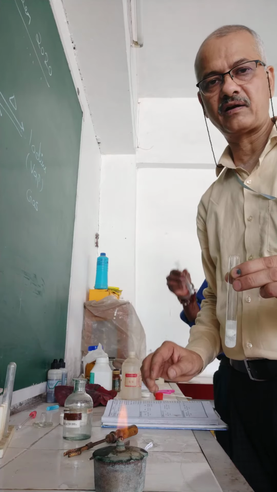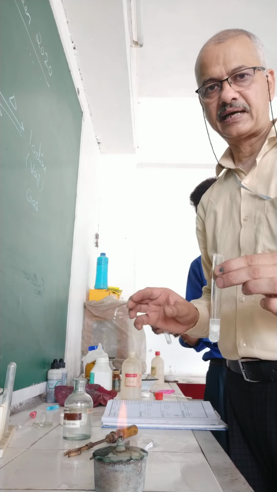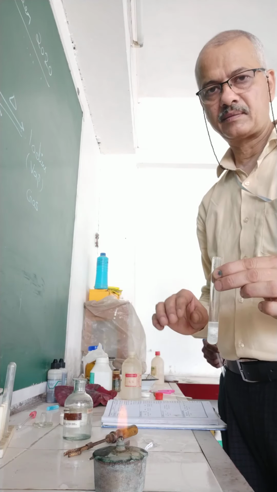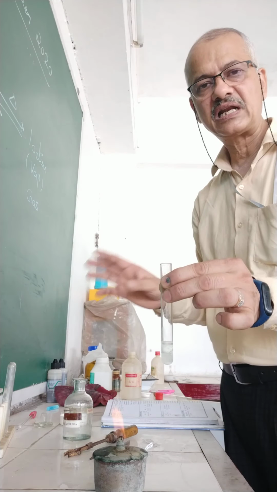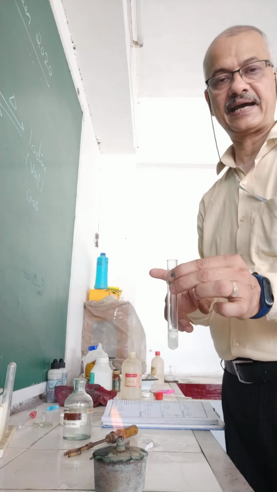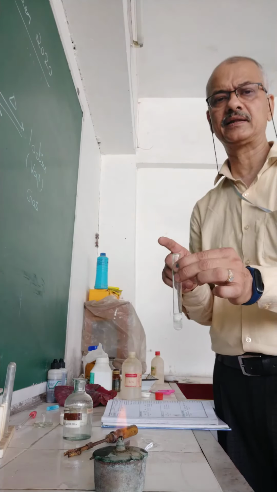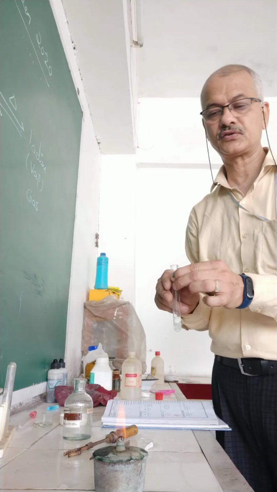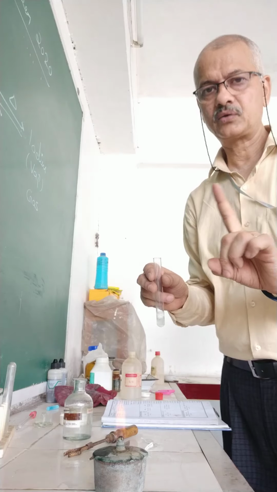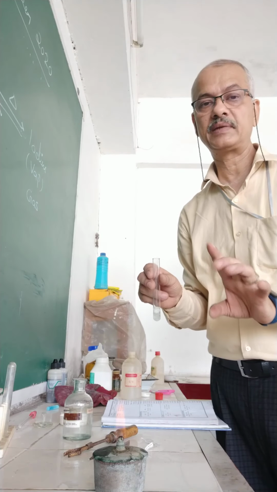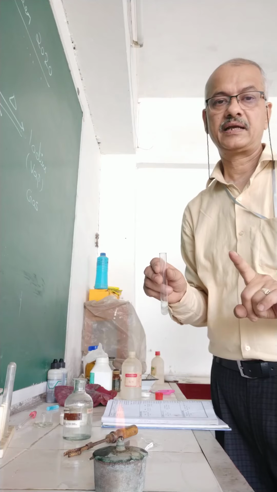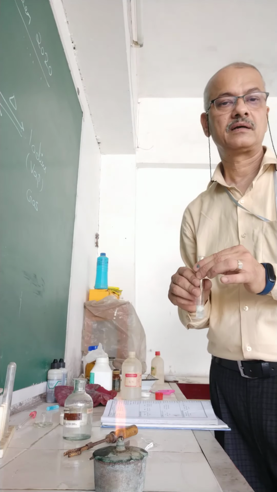This is sulfur dioxide. So when we added acid to a compound, a gas was released that turned lime water milky, and when a paper dipped in acidified potassium permanganate is brought near the mouth of the test tube, it has decolorized. So this is sulfur dioxide gas. This test is not going to be shown by carbon dioxide gas. Carbon dioxide also turns lime water milky, but it is not going to decolorize the potassium permanganate paper.